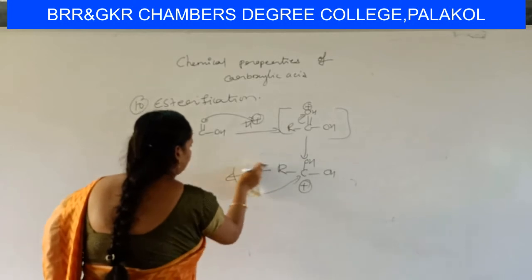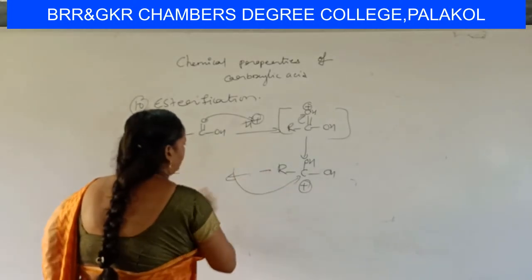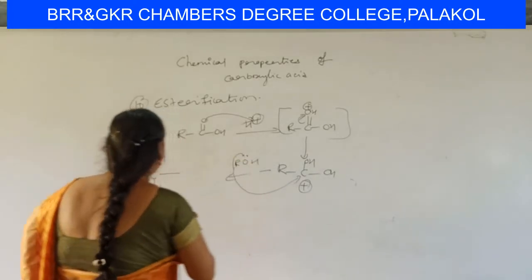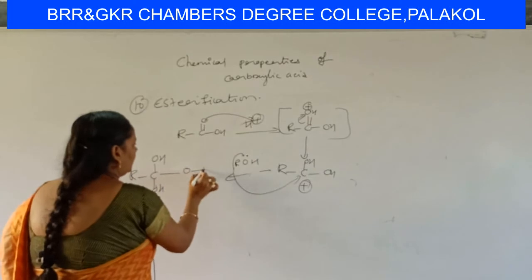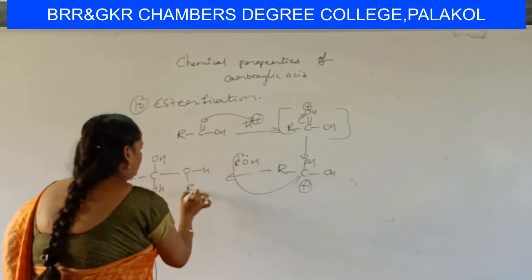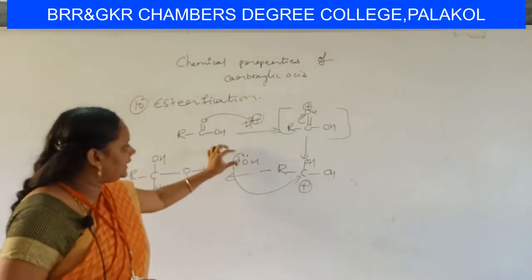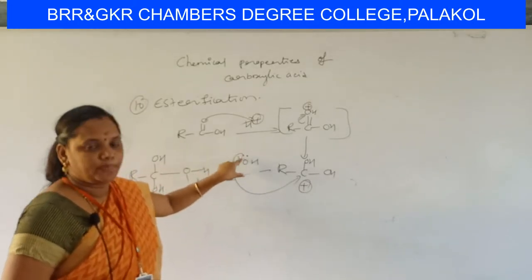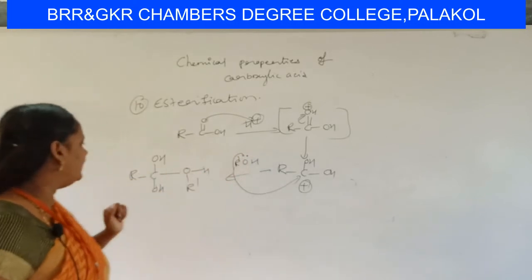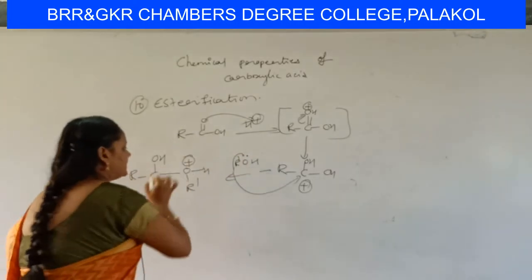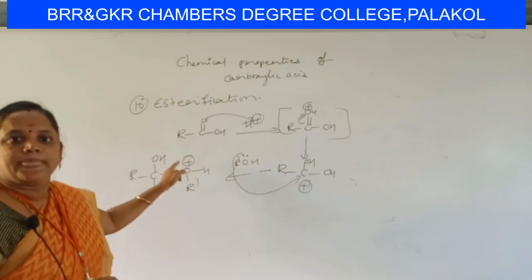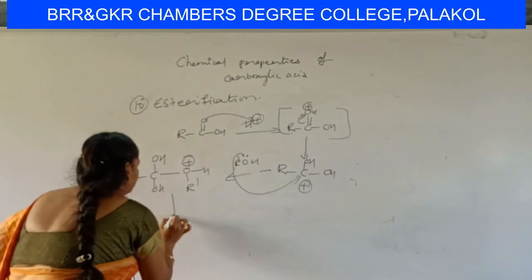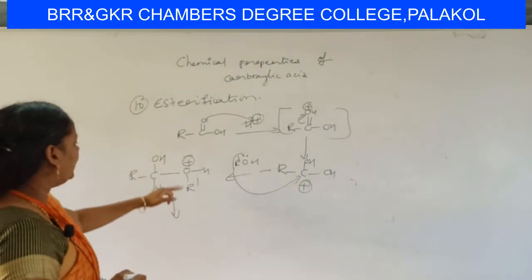So let us add the electron pair with oxygen. Okay, you will get COH, R dash here. We should not ionize. We should add alcohol with its lone pair of electrons on the oxygen atom. So we will result in this. Again in this case, oxygen is getting positive charge. What happens here?